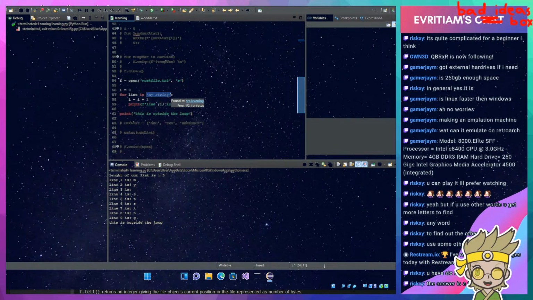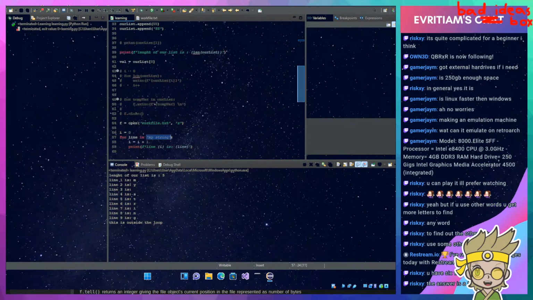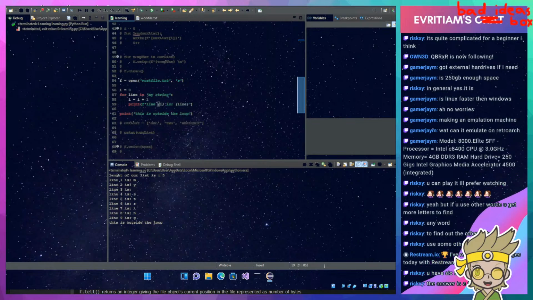Okay. So this is not something you do all that often, iterating over a string itself, because you don't really care what the individual letters inside are, usually. But you can do that. And trying to find things you can't iterate over, usually you can't iterate over things that you define yourself. So if you define a new type of variable and create an instance of it, and you don't explicitly make it iterable,